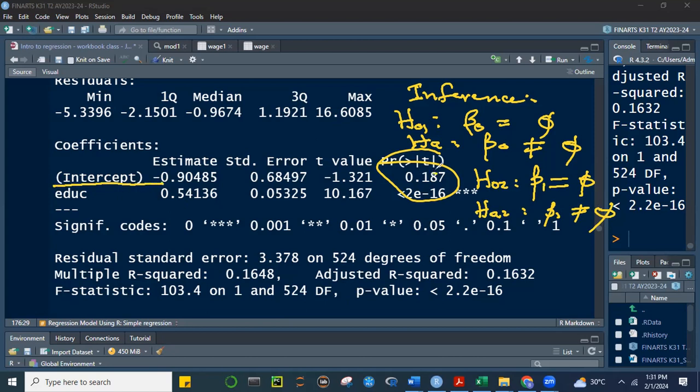Okay, so this is the p-value. It's 0.187, and the p-value for your beta null, for your intercept, is 0.187, and this is greater than 0.05. The benchmark used normally is 0.05. So we compare the p-value to 0.05. And since the p-value of the intercept is greater than 0.05, then the answer is we reject the null hypothesis that your beta null,